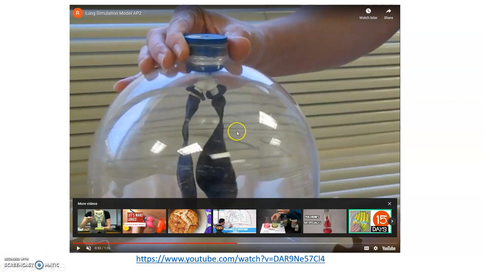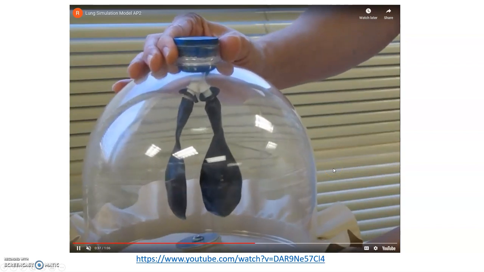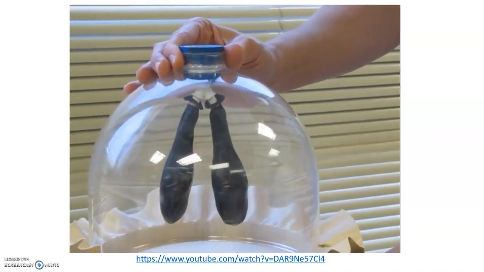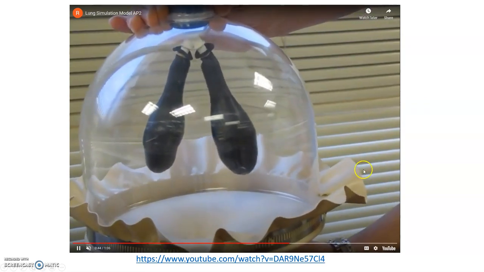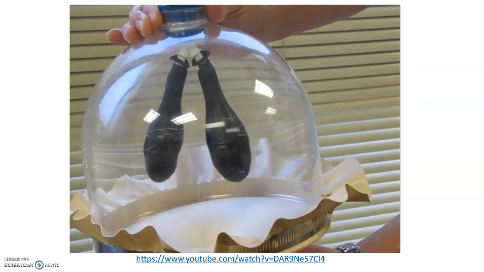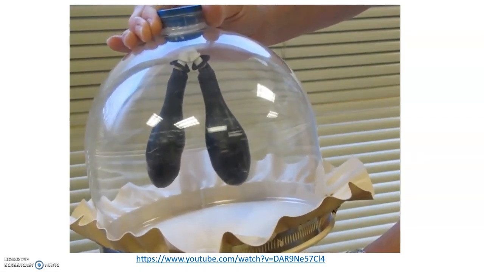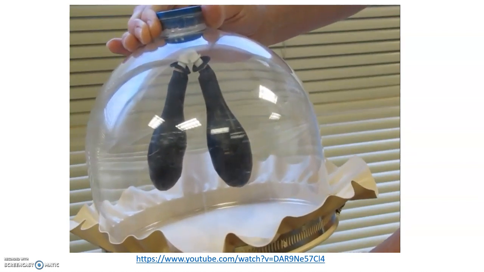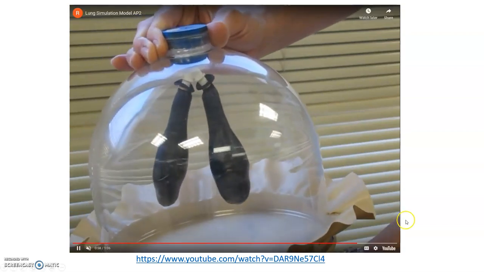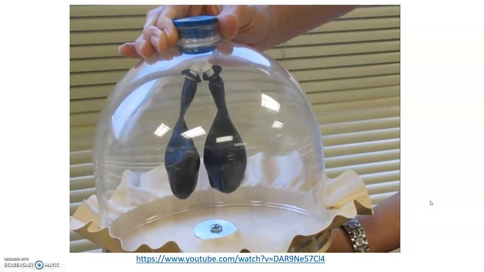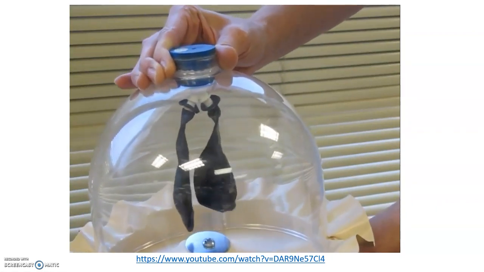So what's going on in this video is what we see is this chamber, and at the bottom is a diaphragm, or what simulates a diaphragm, and the balloons simulate the lungs. And notice as the diaphragm drops, the space inside increases, or the volume inside increases, and so the pressure decreases, and that causes those balloons / alveoli to fill up. And then as the diaphragm comes back up, the volume gets smaller, the pressure increases, and the air leaves the